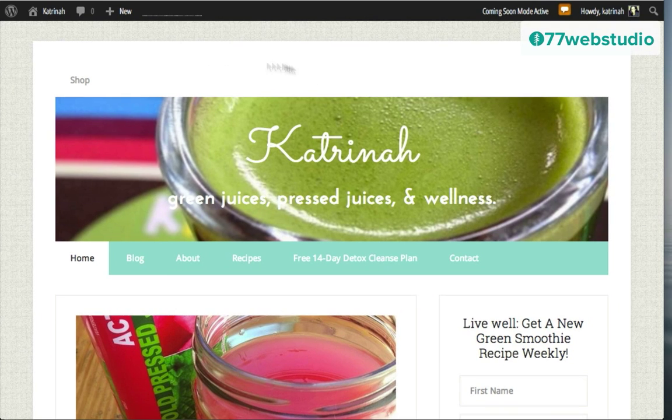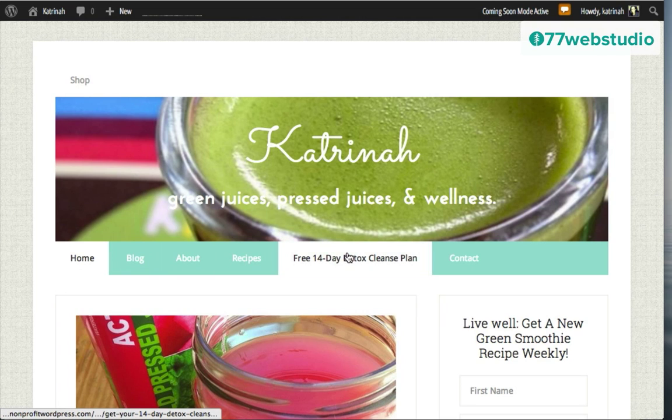So looking at this top section right here, the next part that I want to customize is the top menu right here, as well as the secondary menu down below. Number one, the font is a little bit small, so I want to increase the size. I also need to change the background color here from emerald to white. And finally, once again, I want to add some Google fonts. This will be the last Google font that we'll add.